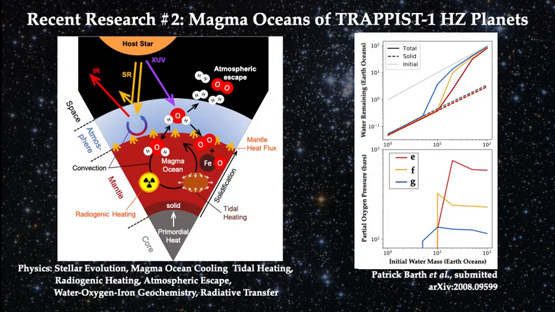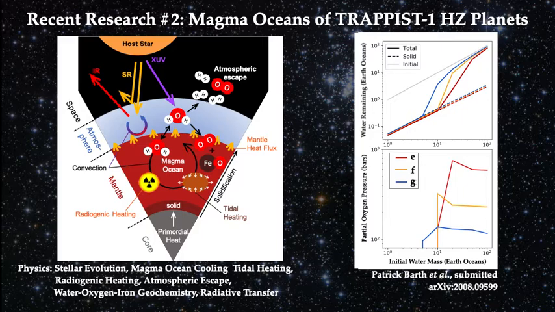Next, let's turn inward to the magma oceans of the TRAPPIST-1 planets that are in the habitable zone. The left, again, shows a schematic for this model. It's quite complicated, but briefly, stellar radiation impinges upon a planetary atmosphere, warming the surface, but also driving the photolysis of water and hydrogen and oxygen escape. The freed oxygen can also be absorbed into the magma ocean, where it can bond with iron and precipitate out, thereby reducing the atmosphere. The mantle is also powered by radioactive decay and tidal heating and solidifies from the bottom